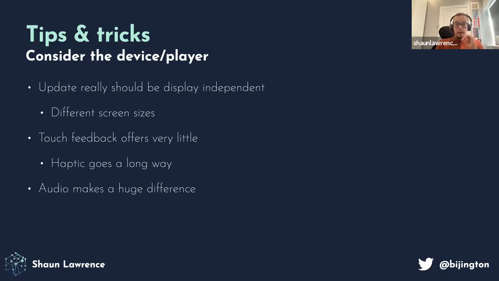Audio makes a massive difference to feedback. I know with apps that we've built in the past, we've actually added audio right at the end, and a lot of beta testers have noticed the improvement that audio brings. And then just make sure that you do make full use of the tooling in the framework. Like I say, .NET MAUI now gives us the generic app host builder pattern and decent dependency injection support. So I would thoroughly advocate for using that, because it allows us to potentially make things simpler and even testable.